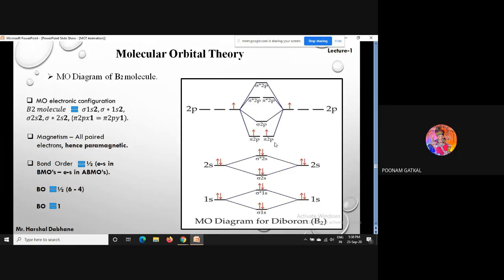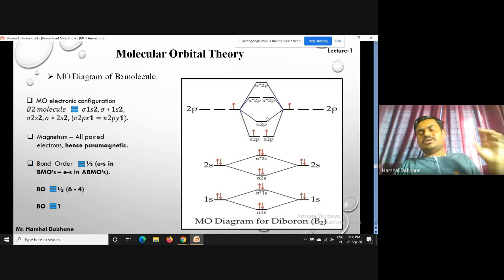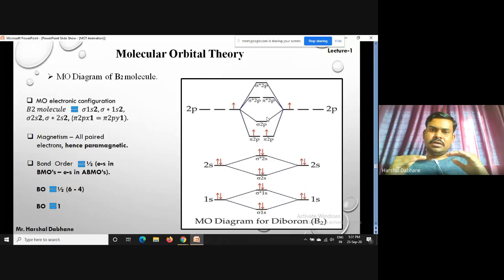But sir, x overlapping will form a sigma bond. See what I'm saying. All three orbitals px, py, and pz are degenerate. I think you understand how a sigma bond is formed, due to overlapping along the internuclear axis. You got that? Yes. How do we get a pi bond? Due to lateral overlapping. You got that? Yes. So the question is that you are confused about whether there is overlapping of the x orbital or the z orbital, correct? Yes, sir. Okay, so see what I'm going to say.